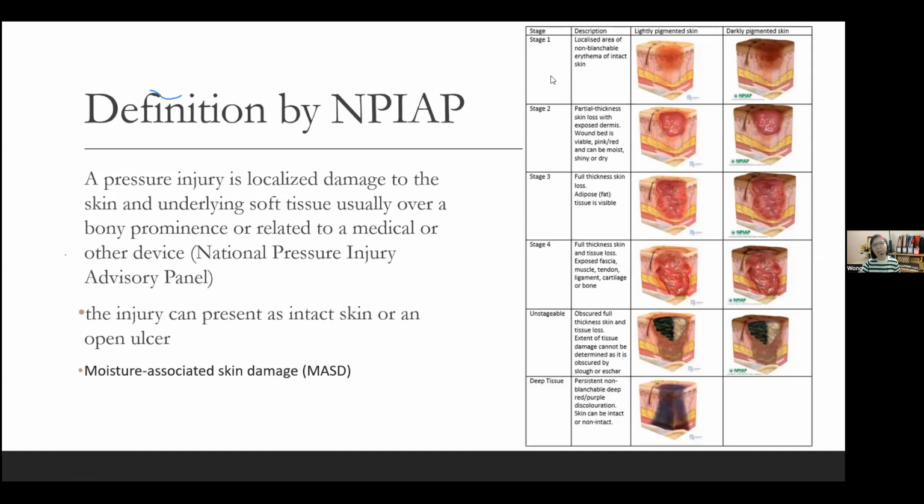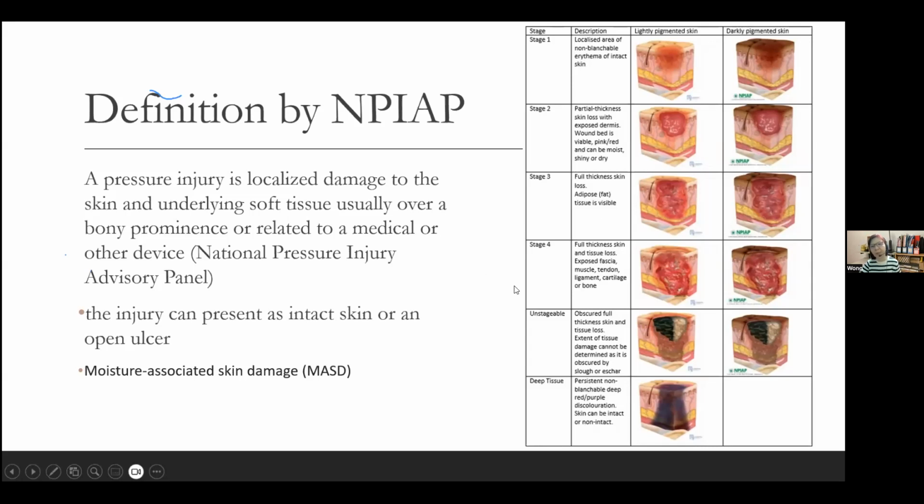Stage 1 is actually, can you all read? I think my slide is actually above there. Stage 1 is the non-blanchable area. When you press it, the color becomes whitish and it doesn't come back to the normal color for a while, but no skin break. Stage 2 is the partial thickness skin loss with exposed dermis, but the other area is not really affected. Stage 3 is a full thickness skin loss, and the subcutaneous tissue or adipose tissue is